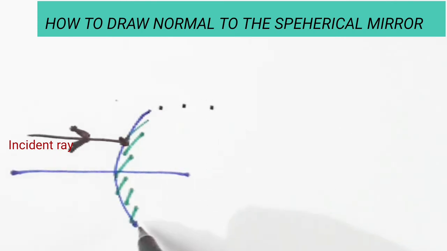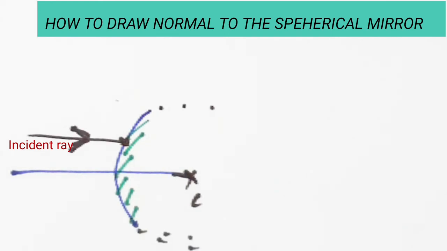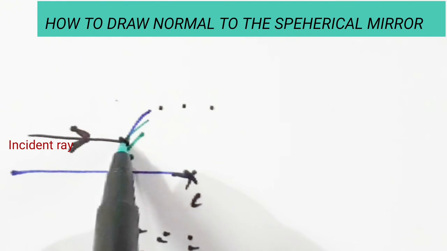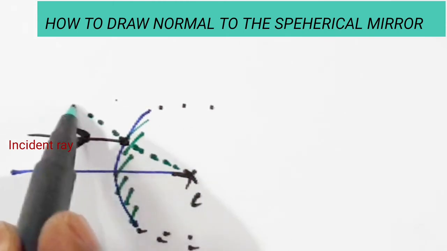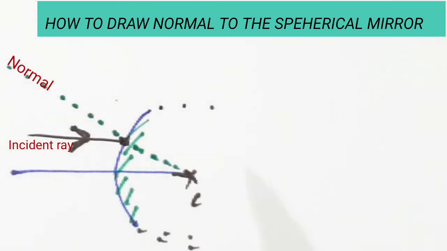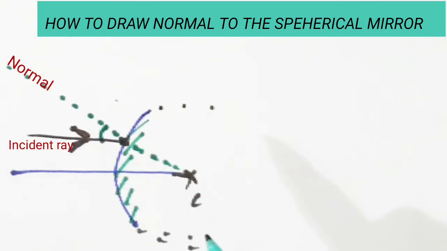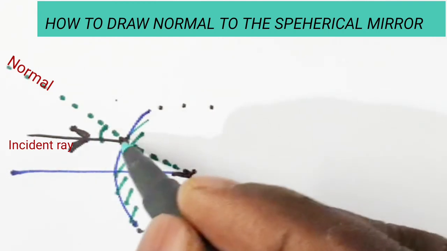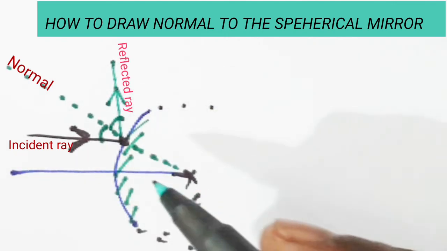You know very well, if we have a sphere here, here will be the center of curvature. Now we need to draw a normal, which means we need to draw the perpendicular to the incident ray. Okay, this is the point of incidence. For that, I am going to draw a perpendicular with respect to the center of curvature. From the center of curvature, I have drawn a line. It is the normal. Now, this is the angle of incidence. Then the reflected ray will make the same angle as the angle of incidence. Then, let me draw it like this. This is the angle of reflection. Is it clear to you?